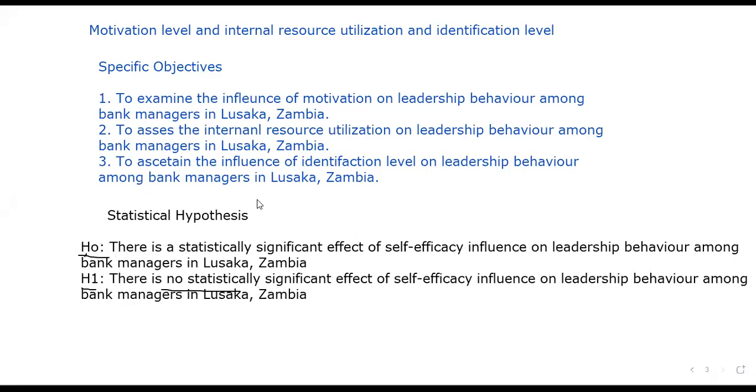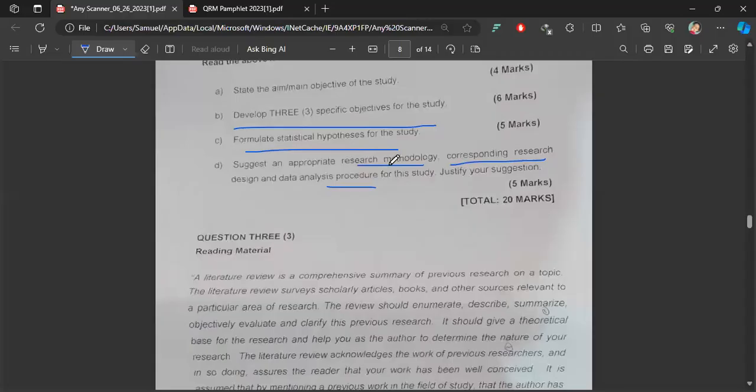So let's move forward to looking at the appropriate research methodology, corresponding design, and data analysis procedure. All right, thank you so much, Chippy. We really appreciate your input. Chippy is saying yes, please. All right, so the